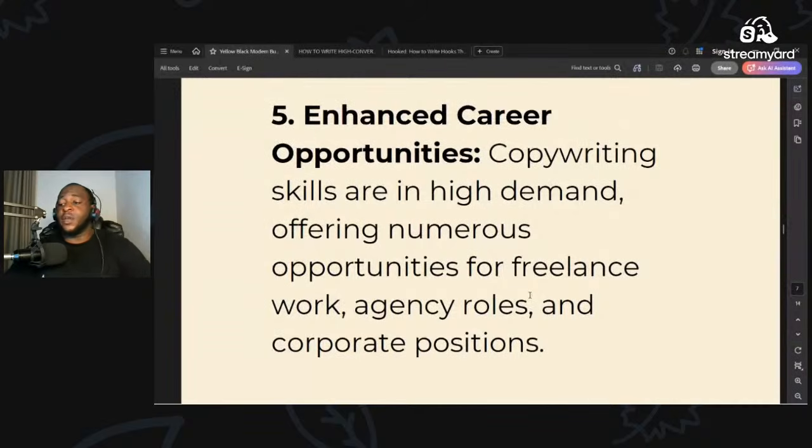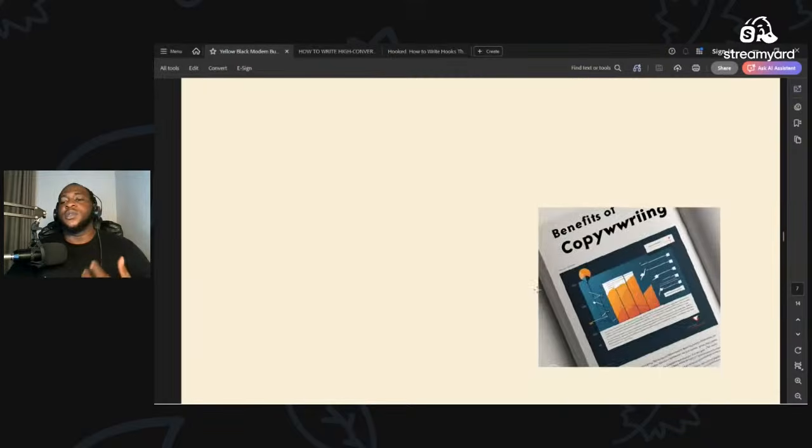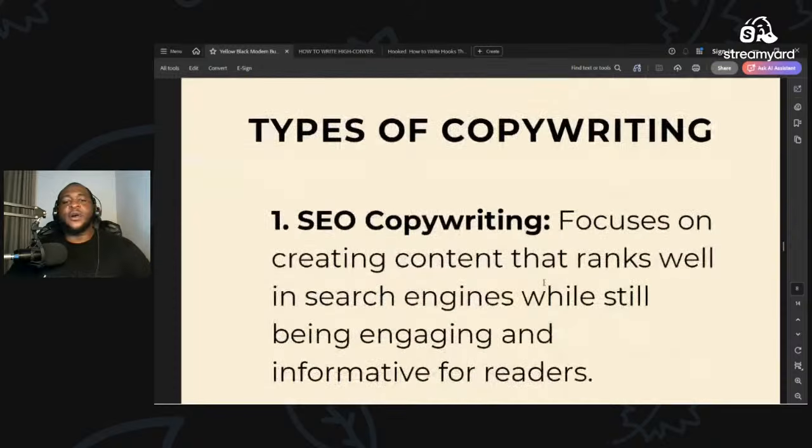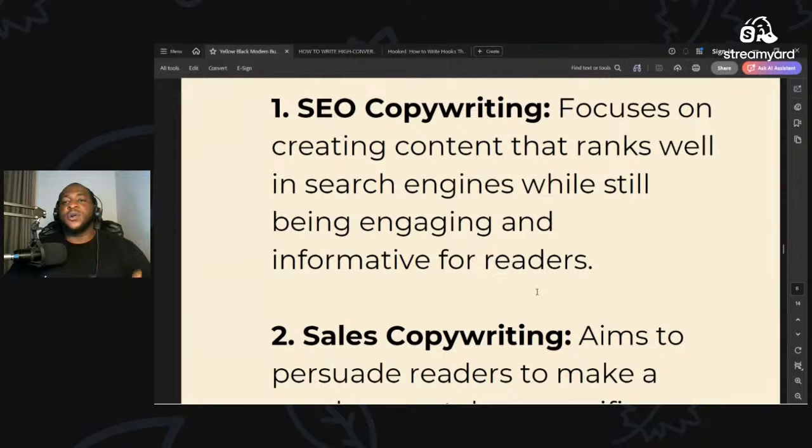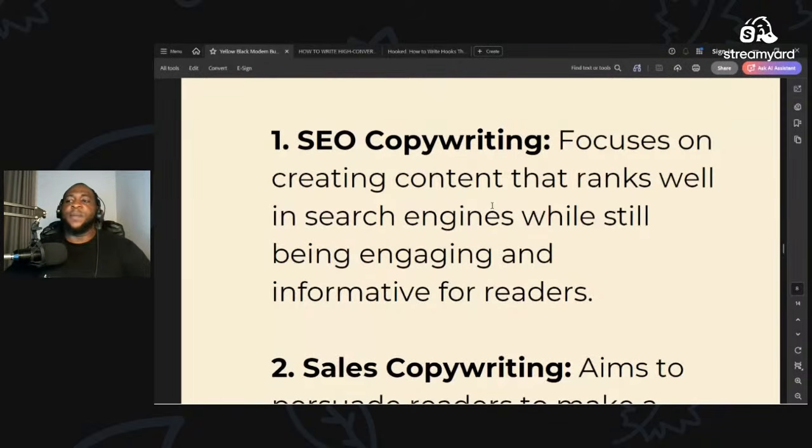Just like I told many of you yesterday, my student put copywriting in her CV, and she was looking for a job at a loan firm, and she got that job because the CEO just saw that she had copywriting. Now, one thing I did not mention yesterday is the types of copywriting, and we have different types. We have SEO copywriting. This one is used to write content. Maybe a brand gives you a job to write content for them,